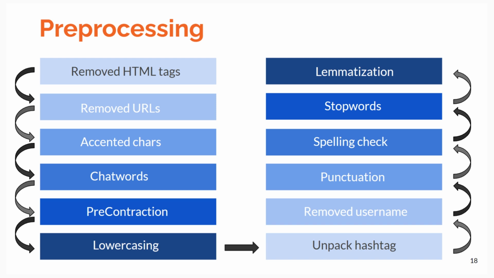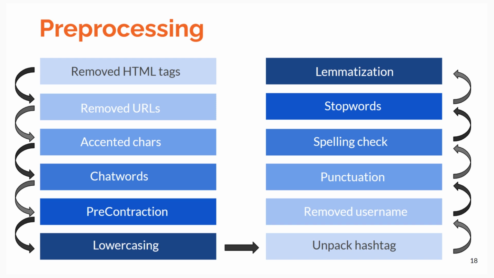For example, for the phrase talk to you later, they use TTYL. Such short forms of chat or chat words need to be expanded. So we replaced these chat words with their full forms. After that, we expanded the contractions. The contractions are shortened versions of words or syllables. They are created by removing specific one or more letters from the words. Then we converted text to lowercase to have uniformity in data.